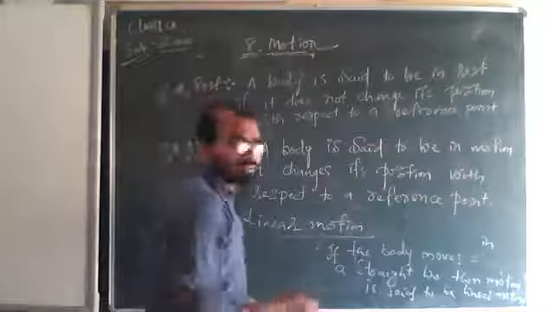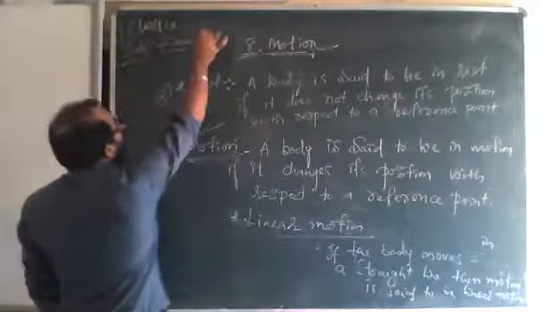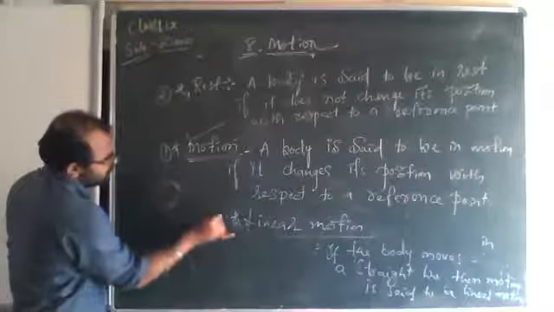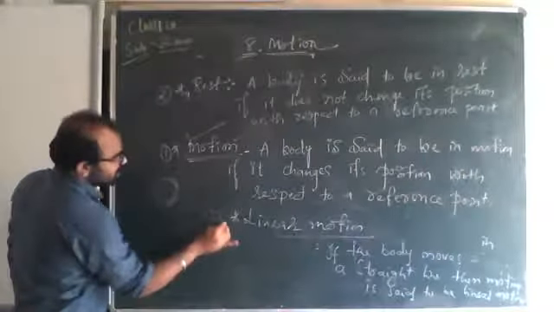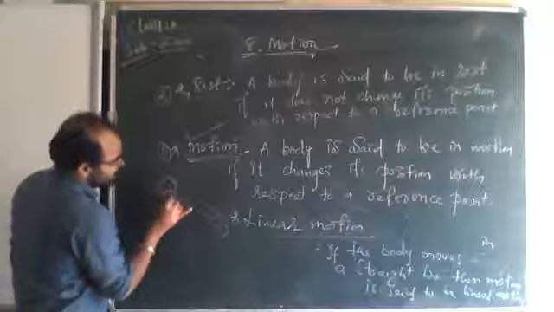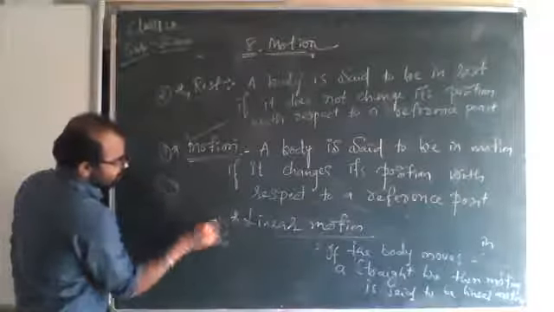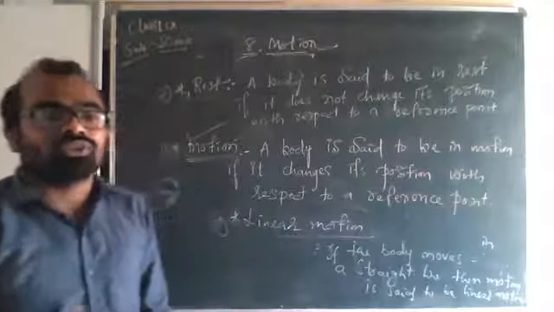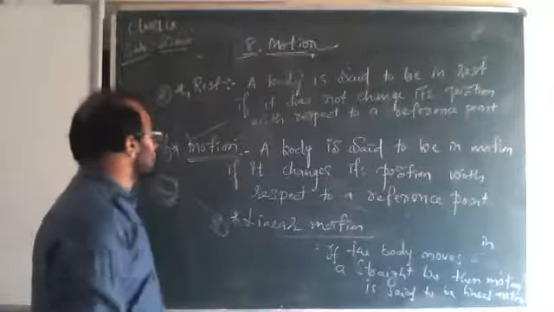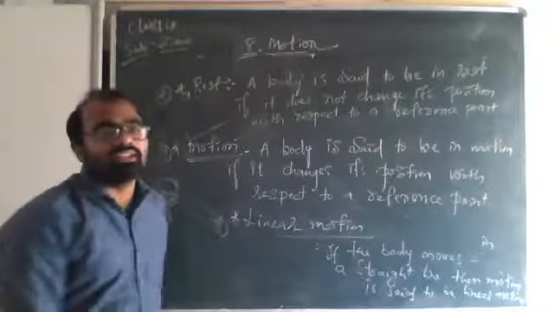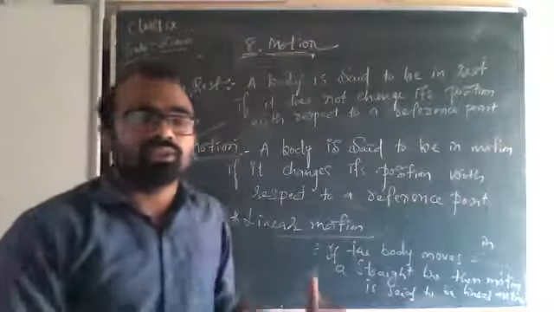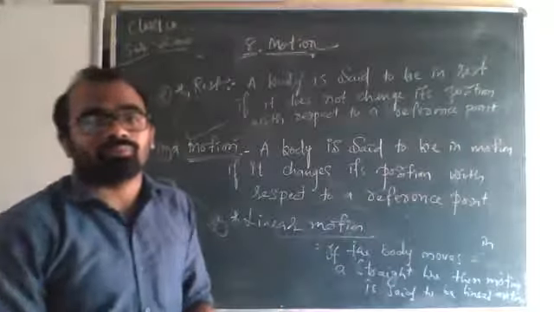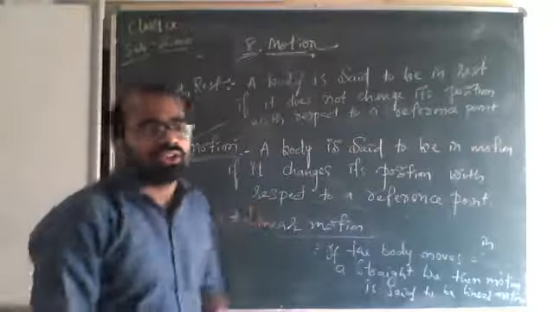Sun rays, the rays coming are moving in a straight line. Sun rays or light rays. So if there is earth here, this is sun, they are coming like this. They are moving in a straight line. Their motion is a straight line. So there we can say that this is linear motion. We can call this linear motion.